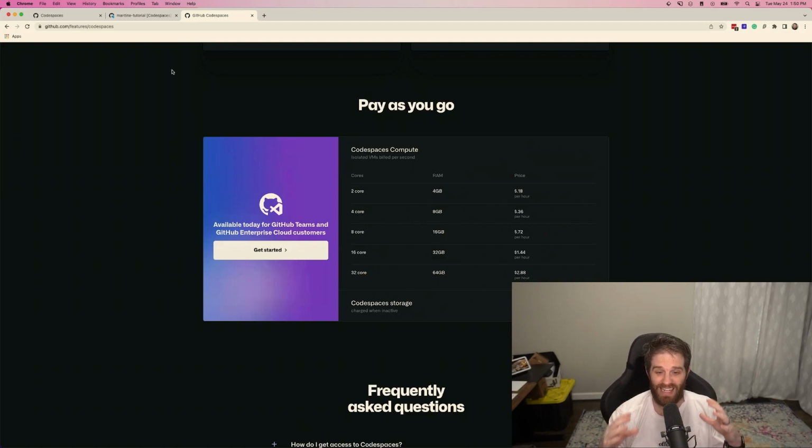So with that in mind, if you were to just run the basic 2-core, 4 gig RAM for 8 hours a day for 30 days, just on an average of a month, it costs you about $43 to run it every day of the week for 8 hours. Now, I don't know about you, but I don't code 8 hours a day solid, and I certainly don't code every day of the week. So this could be cheaper than buying a new laptop.